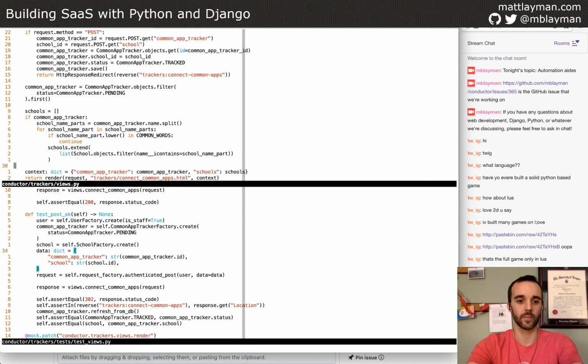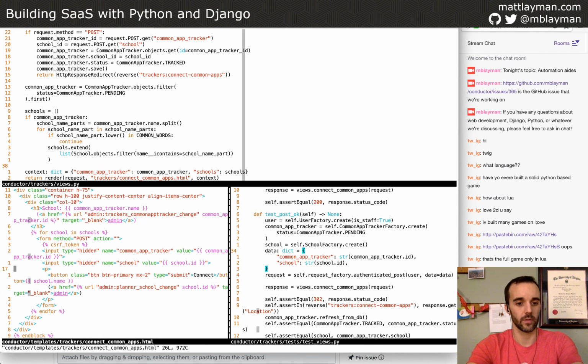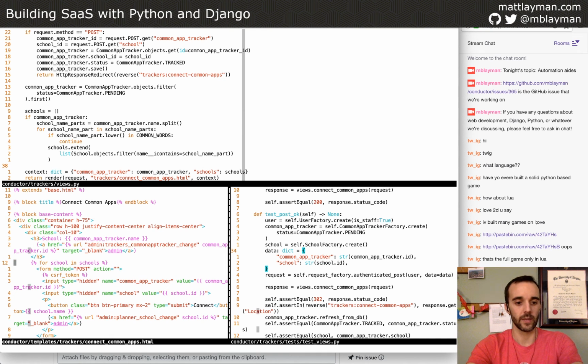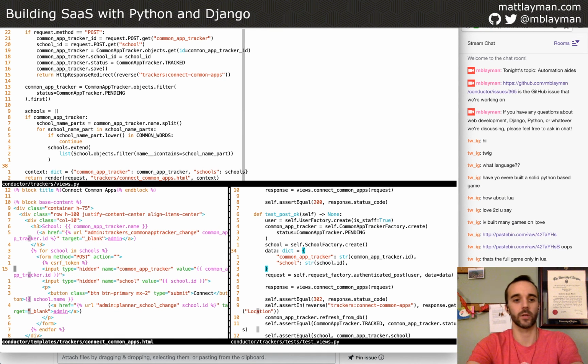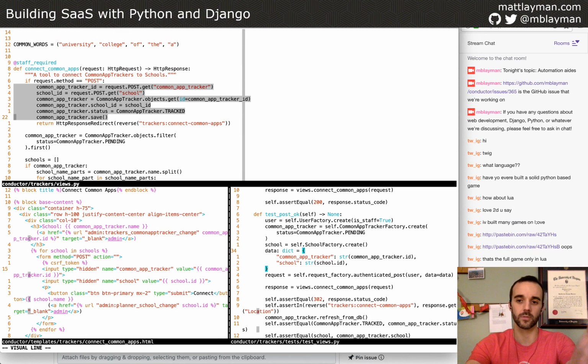And then we populated the template with the name of that school, and then we looped through the schools and made a form for each school. And the form was intended to do this bit of processing right here, which was to get the IDs, make the connection, change the status of this tracker instance, and then save all that information, and then load the form again. So I have like 700 of these to do. So the more that I can make this as fast as possible, the better.